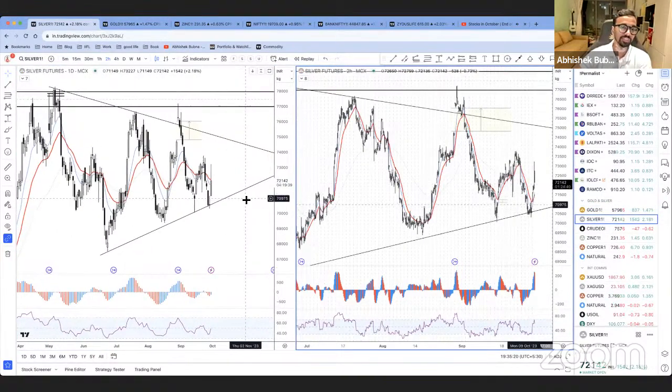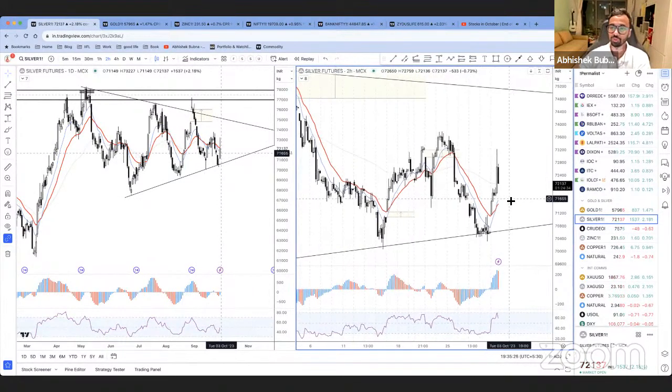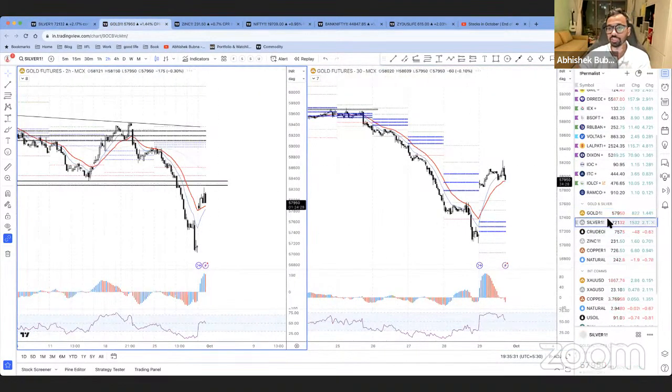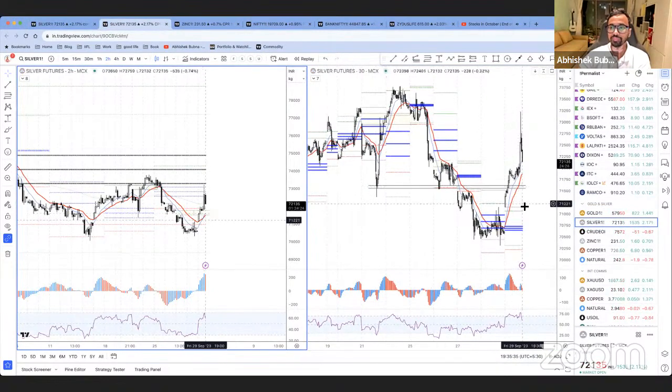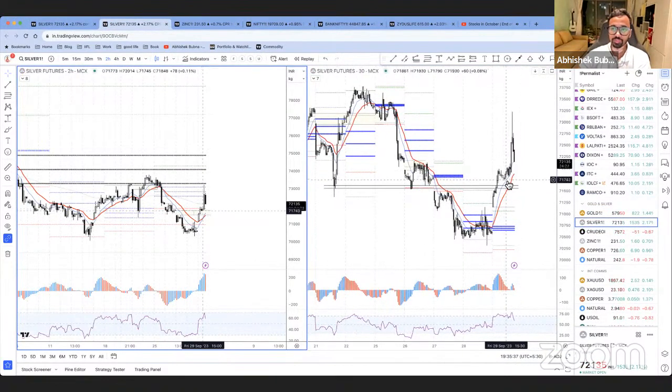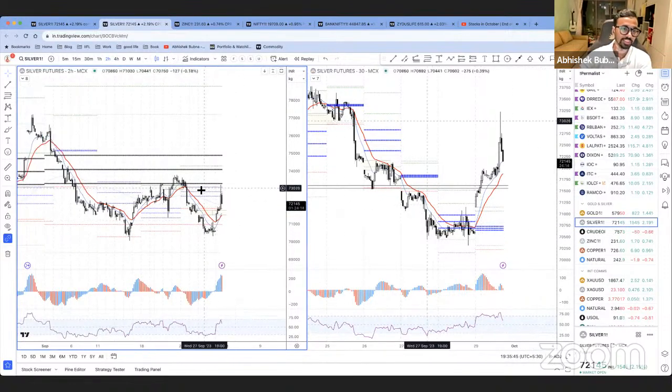Now we have silver. Silver as well, there was a bullish divergence in the 2-hour chart. मैंने बोला था जो commodity trade करते हैं 2-hour charts follow करो, and gap up, follow through, went and gave us a trade. In fact, if I show you silver in my intraday chart, you can see there was a support line here. इसको तोड़ा, couldn't pull back पूरा, लेकिन pull back and then pull back till the gap and then went up. Of course, as you can see, weekly CPR से resistance लिया and now it's correcting a little bit.